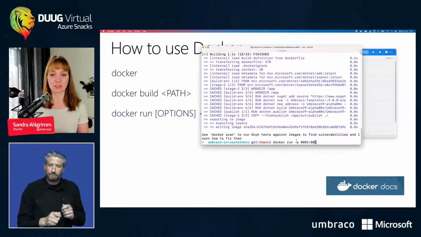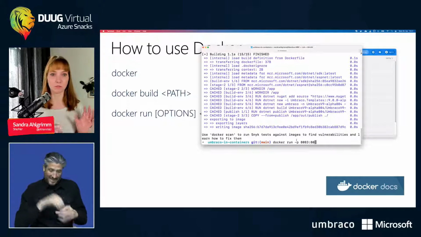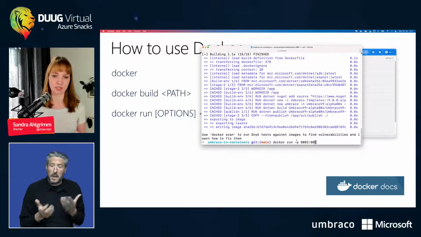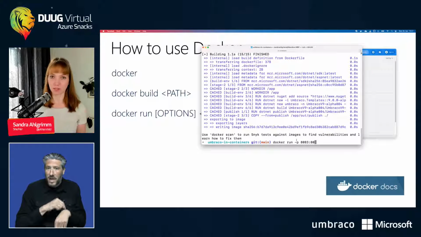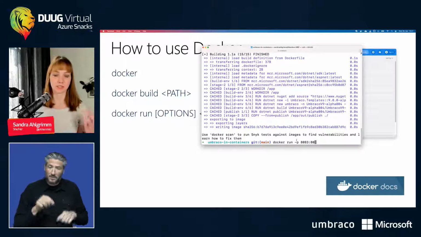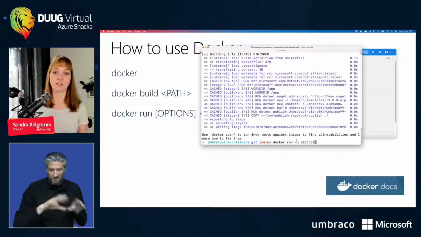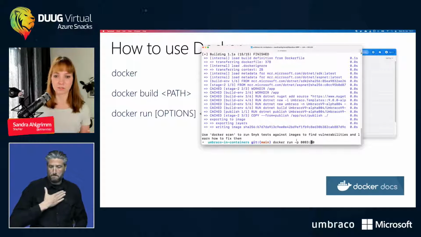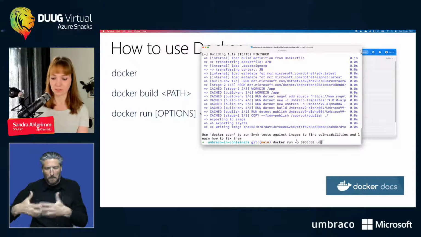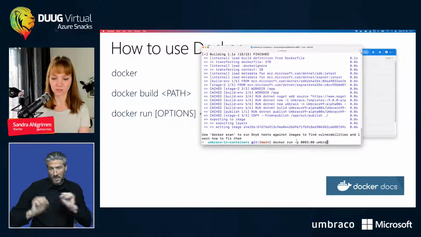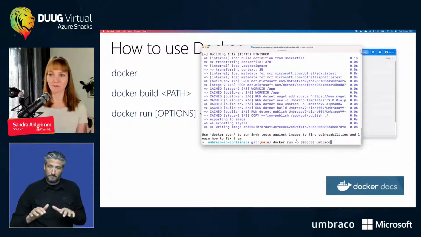80 is inside the container. So that's also very cool if you are using microservices and you need multiple microservices to be tested with each other. So they can all be run on 80 or whatever the default is for your language. And then you can just put them outside, so on my host, so on my dev machine, to another port. So the first one is the one which is on my machine, and then the other one is this one here. And now I need to say what it's called. So that's Umbraco. If I don't give it a name, it will just find a name for me.